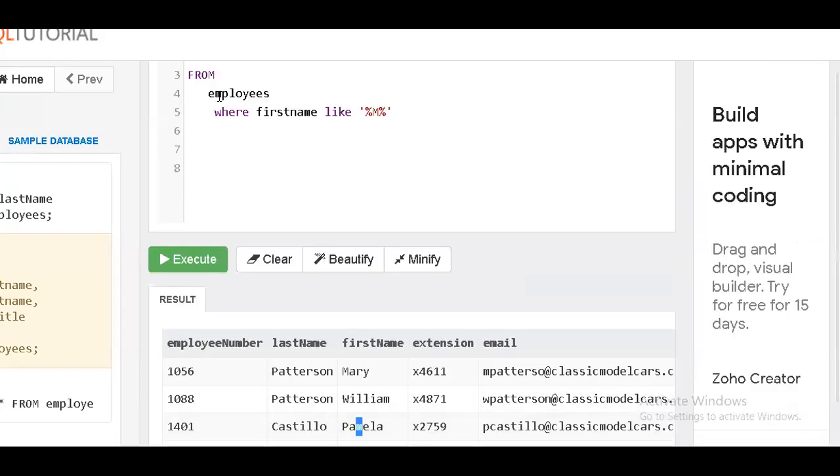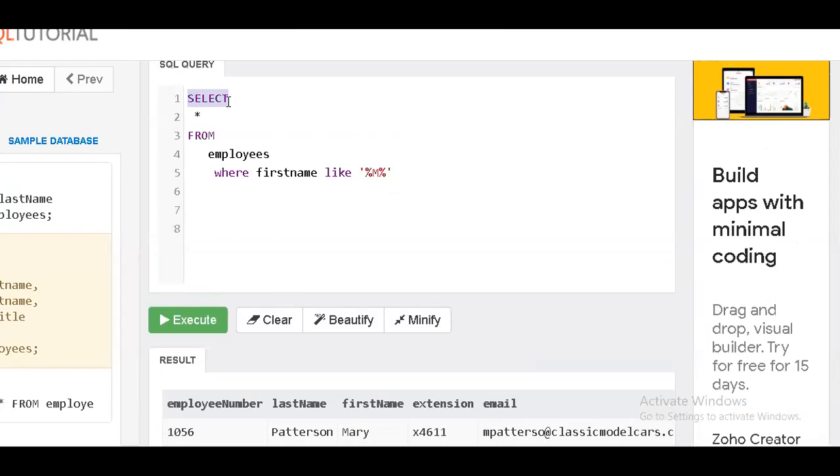So what is the greatness of the select command? How you want the query, the question you are asking, you put it in the query, and to retrieve the answer I'm using the select command. The select command itself has the beauty of retrieving the records. The hidden secret is in how we frame the question. If I want the names whose starting letter is X or whose starting name is Y, then I'll say select from so and so table where the starting name is like this. This is how you write the pattern.